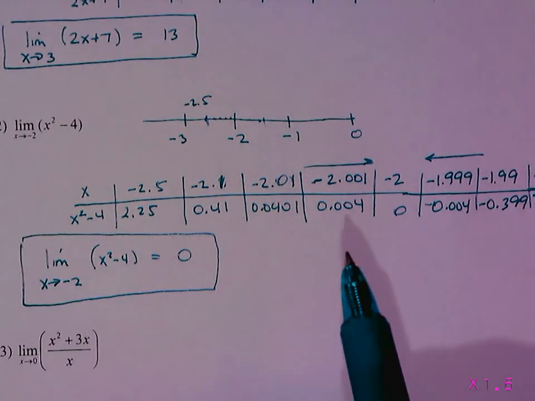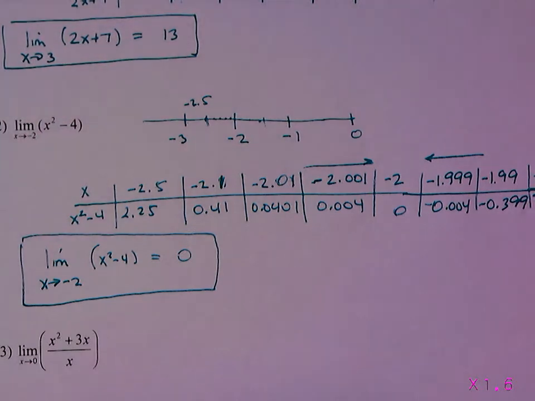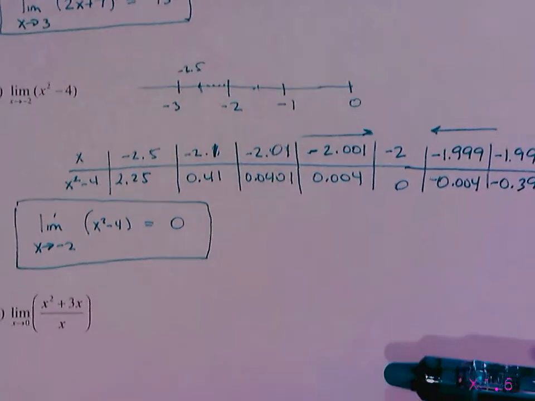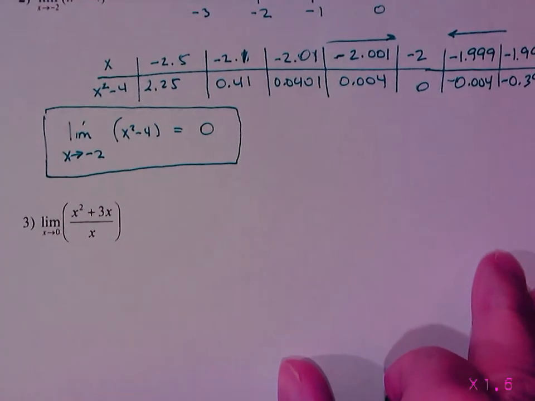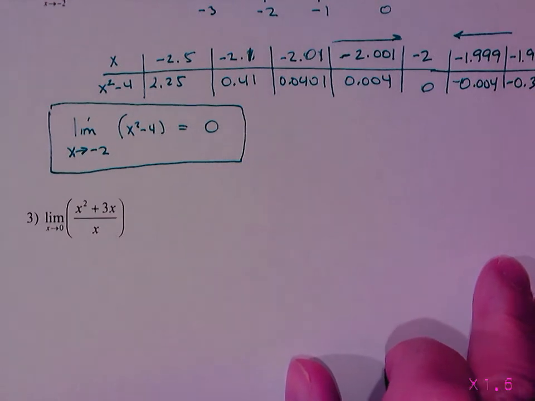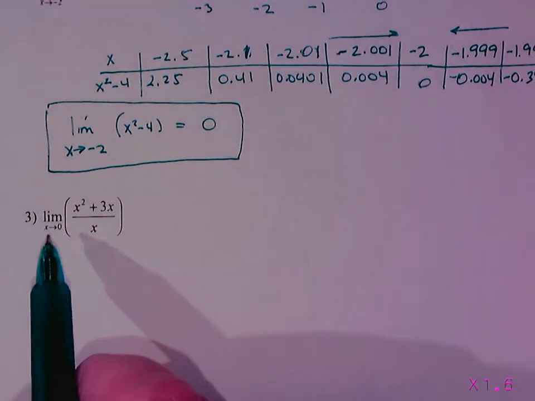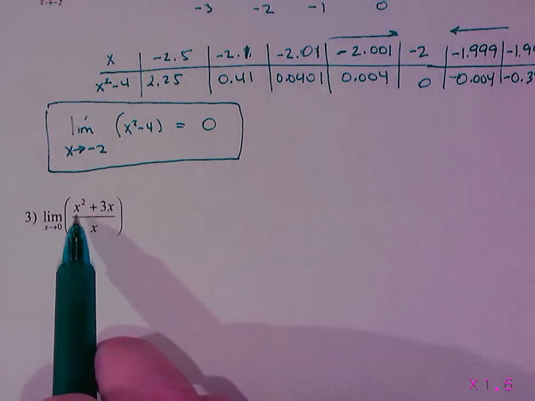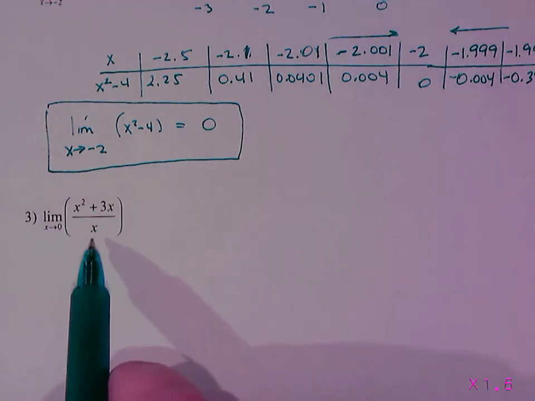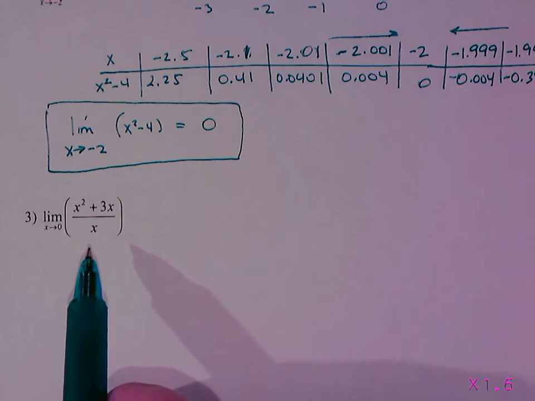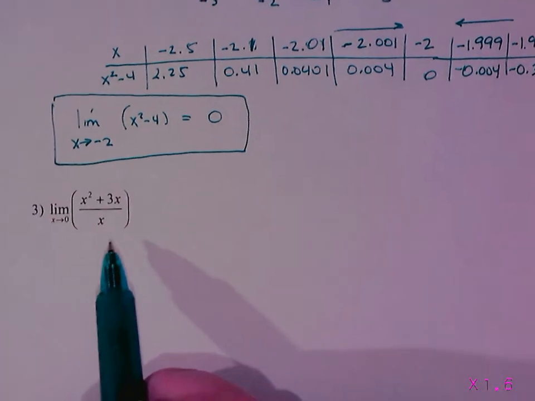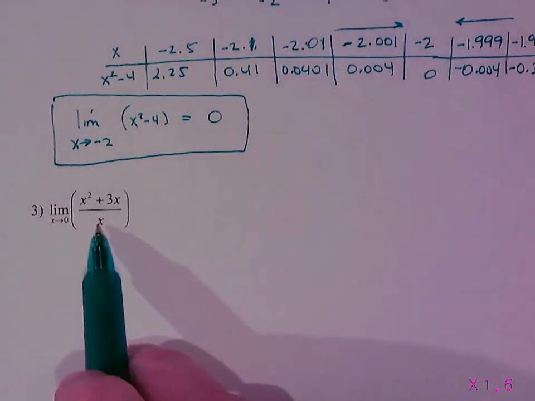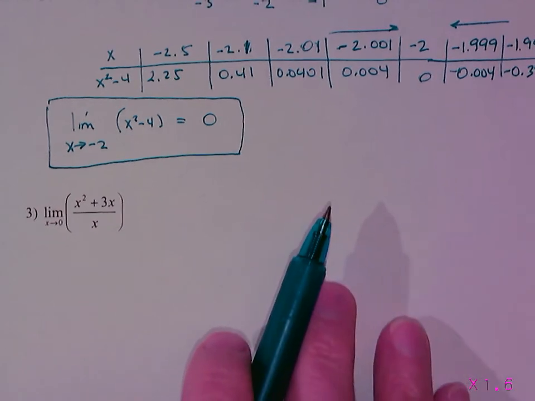Those first two are pretty easy. Now I'm going to change it up a little bit. This next function is different. I've chosen a rational function here. And what's happening here is if I have the limit as x approaches 0, the rational function, the numerator is x squared plus 3x, and my denominator is x. Well, I've chosen this function on purpose because if I put a 0 in the denominator, I get an undefined